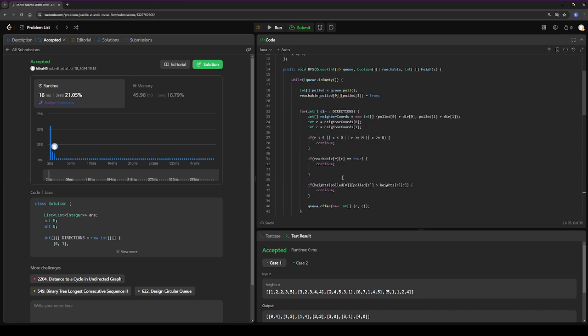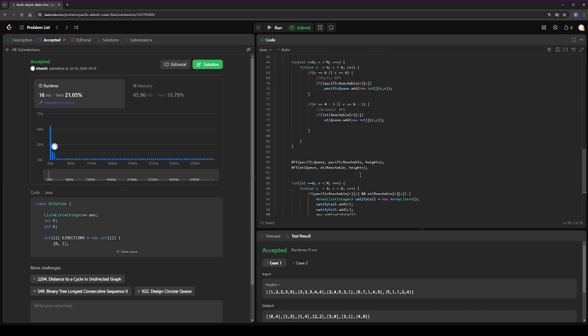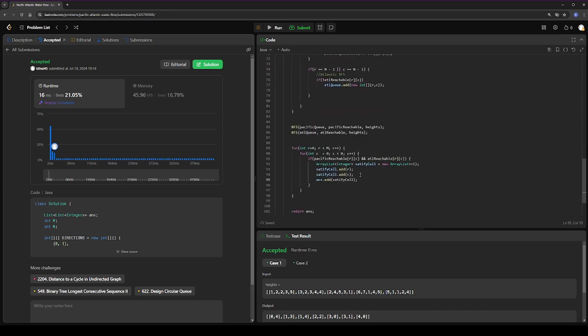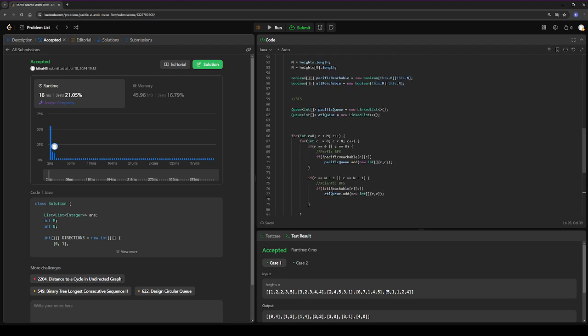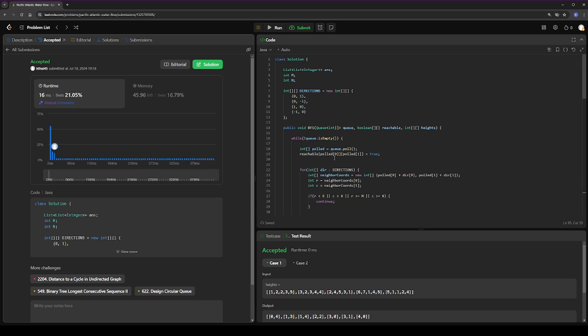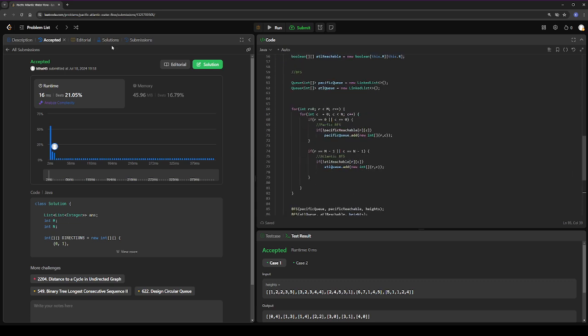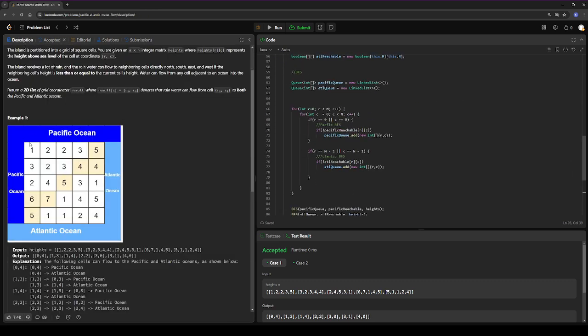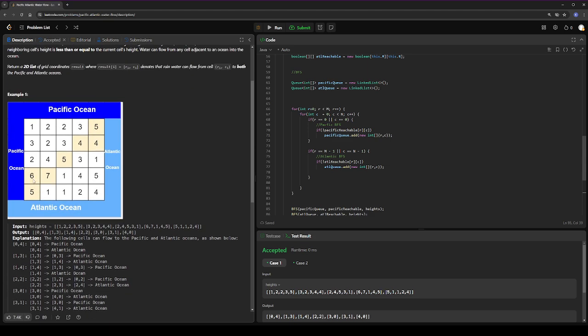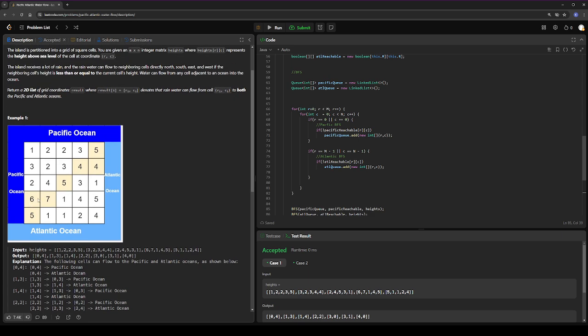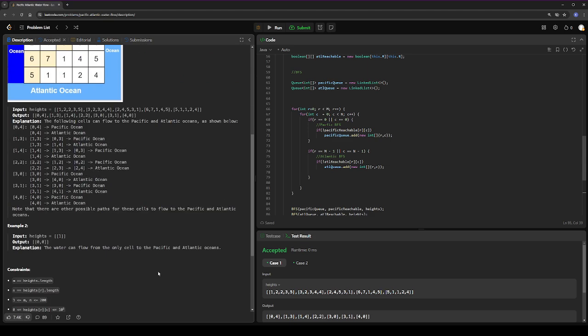It's kind of a hard implementation, and there's a lot of debugging you could possibly do in this question, but the solution is pretty straightforward. You just do a BFS from the Pacific side and a BFS from the Atlantic side, and then you find the intersection cells. So for this example, every brown or orangish color cell in here is the intersection between the BFS from Pacific and Atlantic. So yeah,